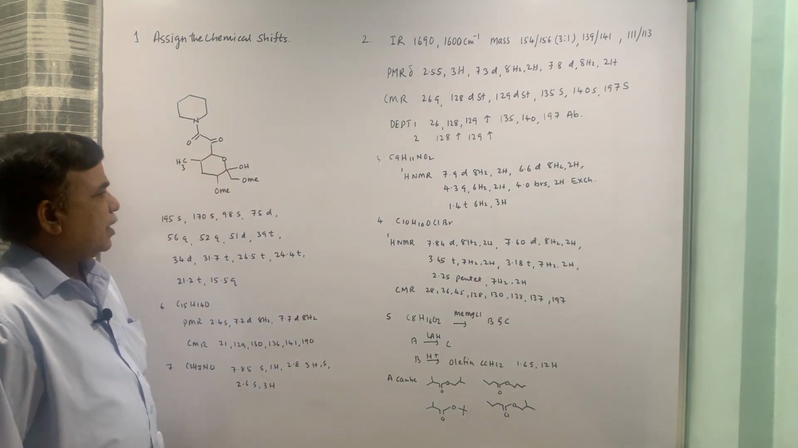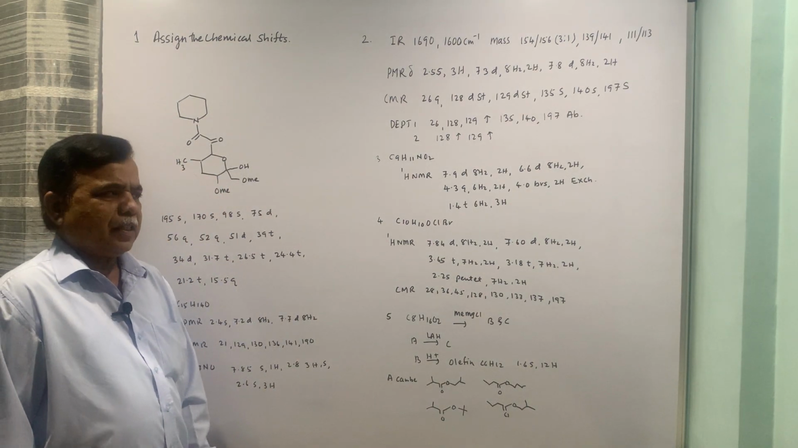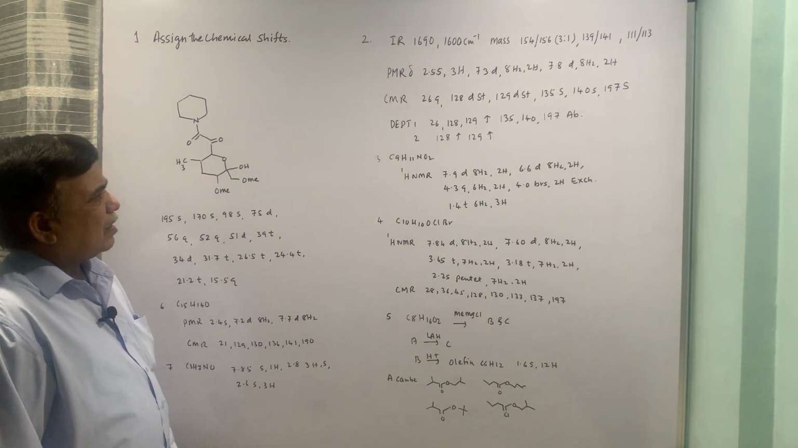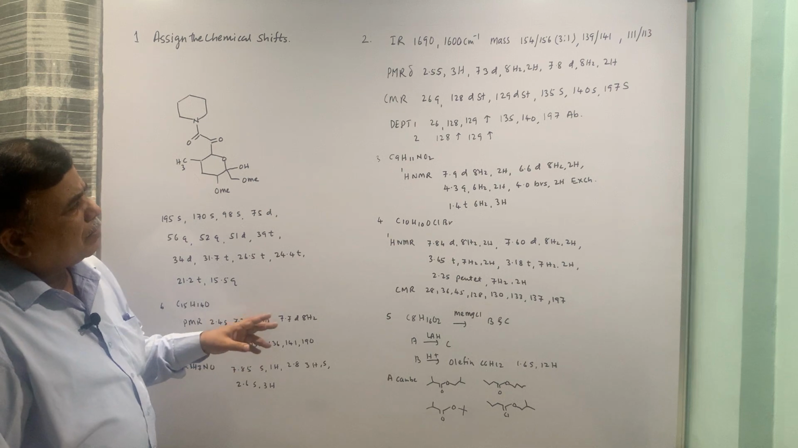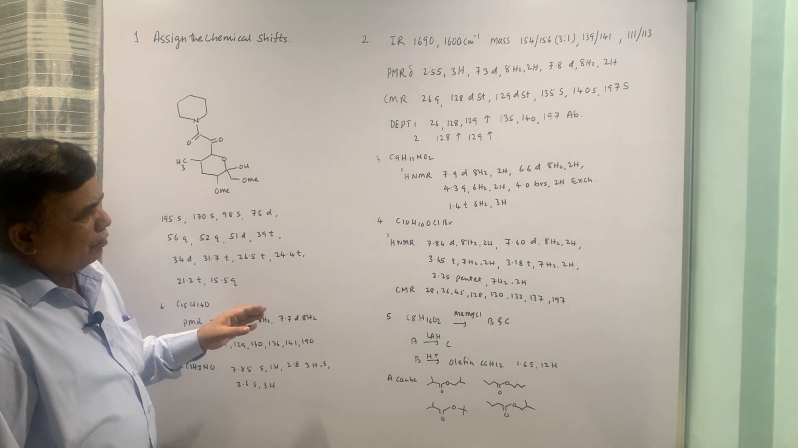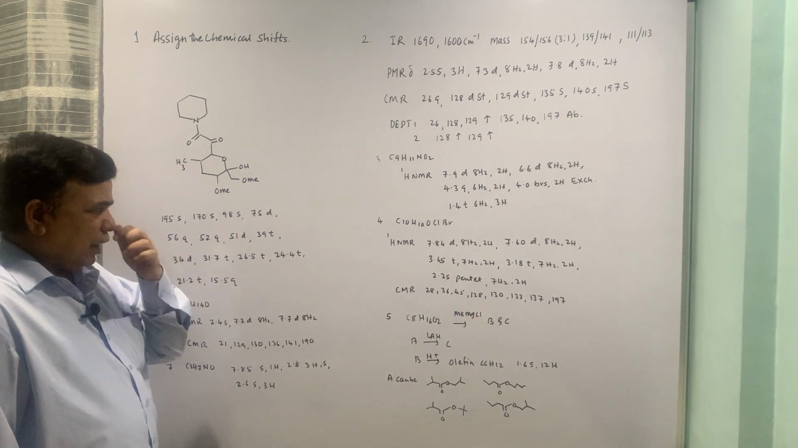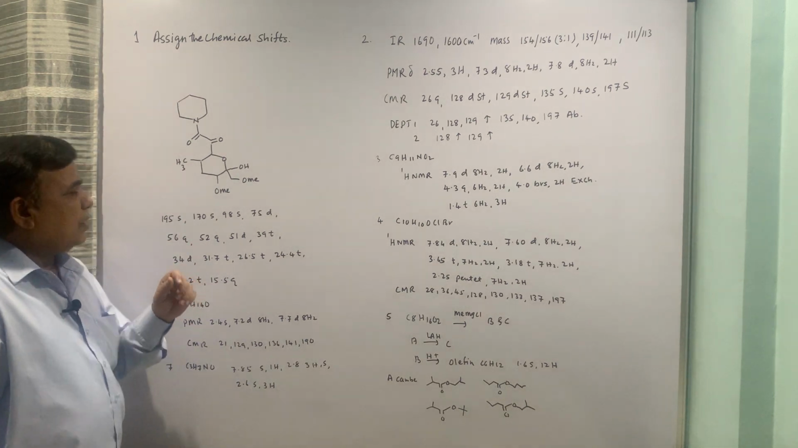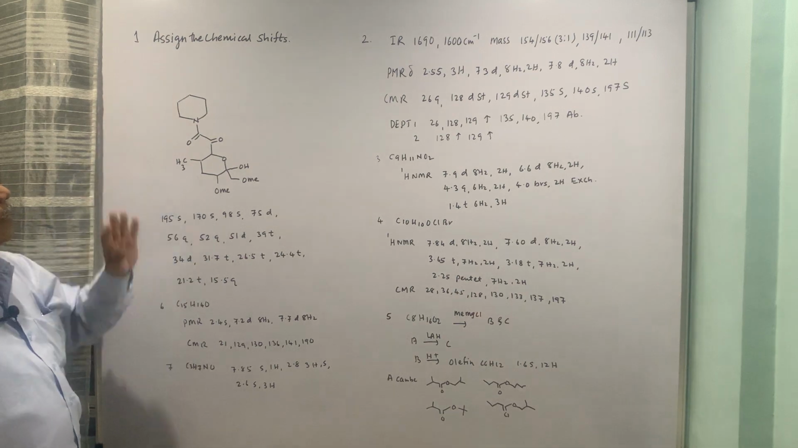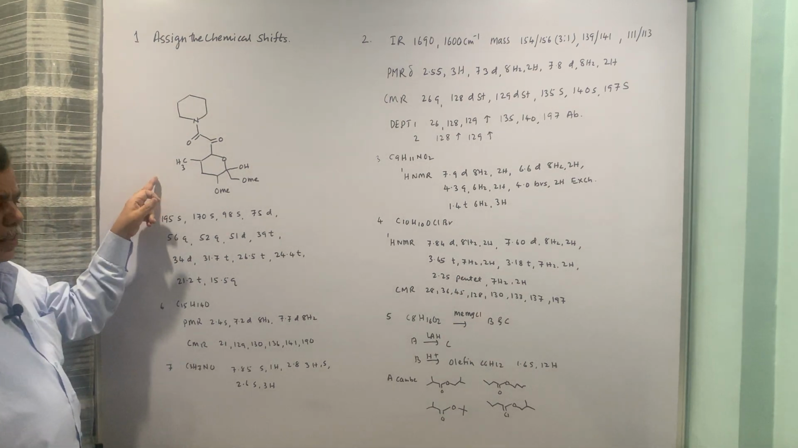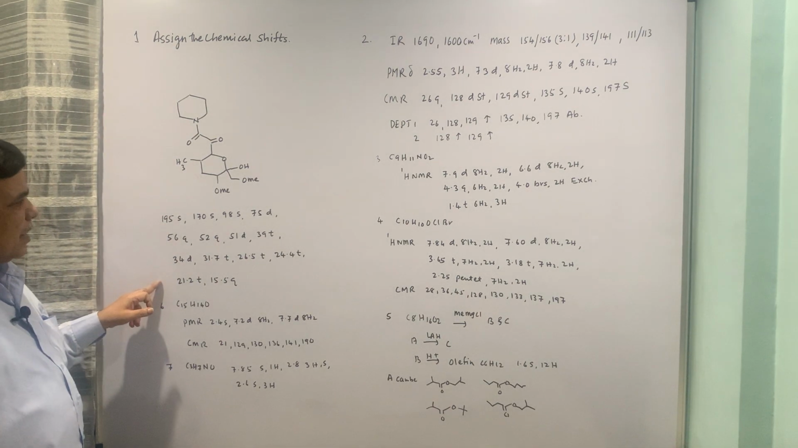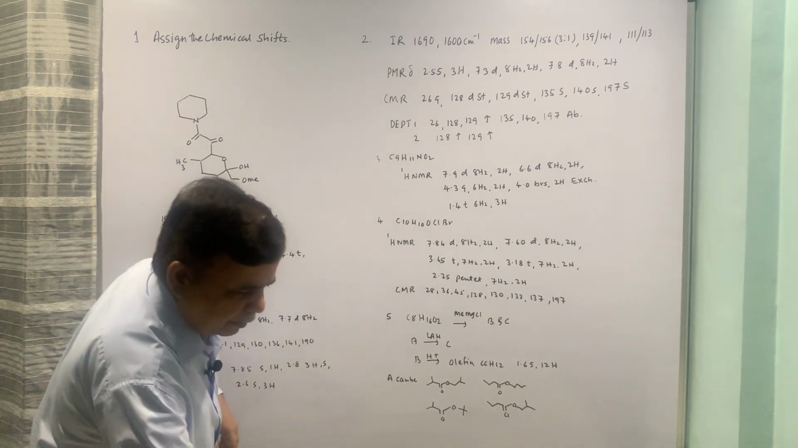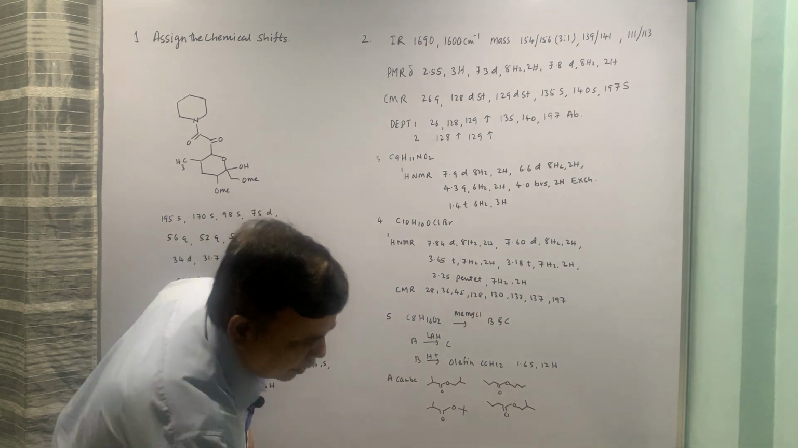Last time we have seen some examples on C13 NMR. Today also we will see combined examples. Some examples are based on CMR, but in some examples proton NMR data is also given. So first example is assign the chemical shift. A structure is given, CMR data is given, and then you are supposed to assign the values to these carbons